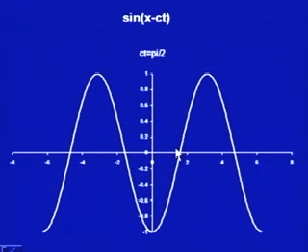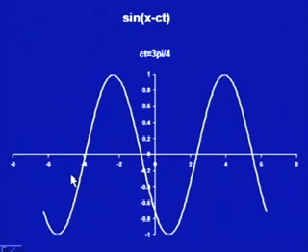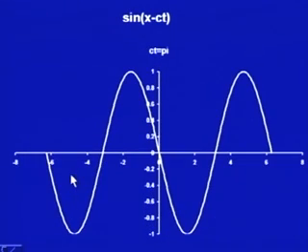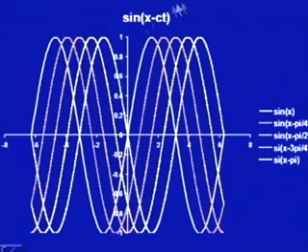You see at t equal to pi by 2 it is shifting, at 3 pi by 4 it is shifting more. Let us see what we have found. At t equal to 0, this is the function; at t equal to pi by 4, this is the function; at t equal to pi by 2, this is the function; at 3 pi by 4, this is the function; at t equal to pi, this is the function. So the shape of the function is the same, but it is shifting towards its right as we change c t.